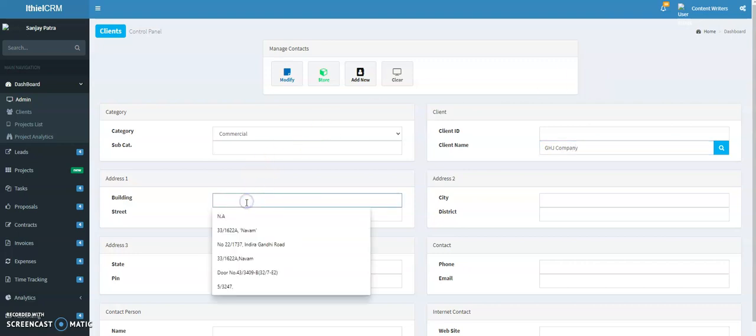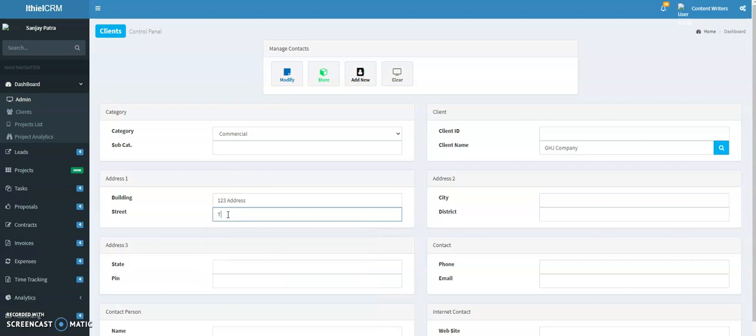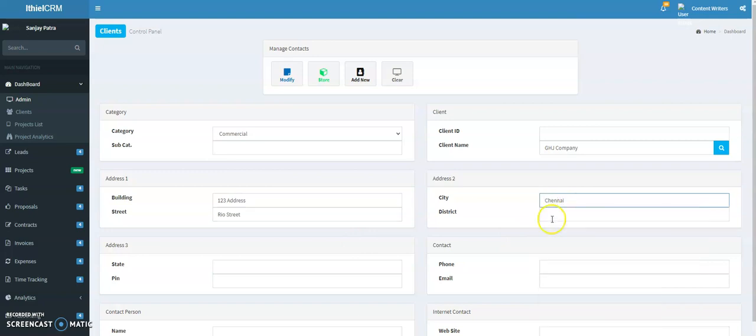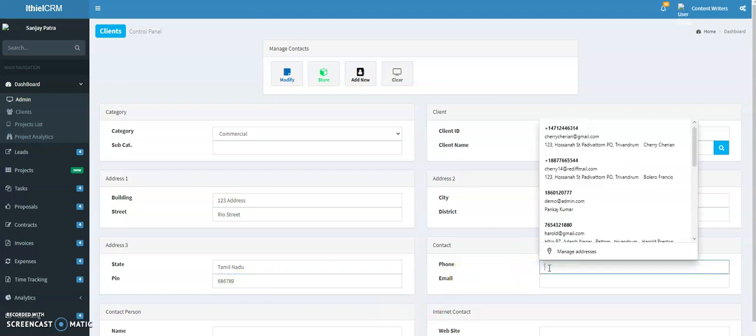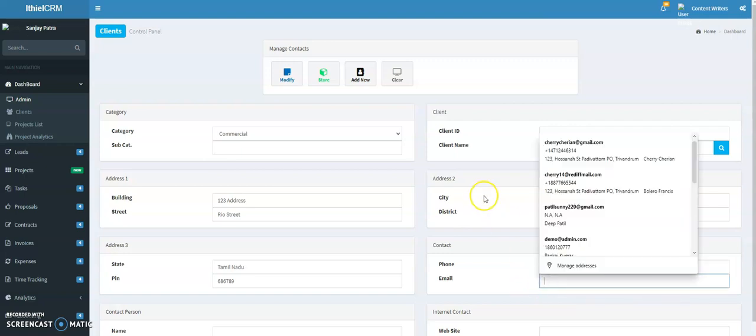Company, building, his address, street, city, state, Tamil Nadu, pin, his phone number, the email address of the client,